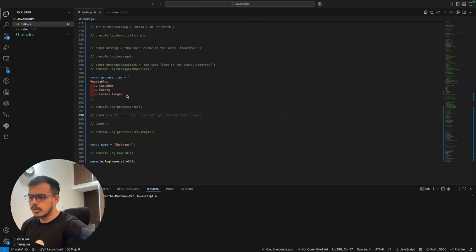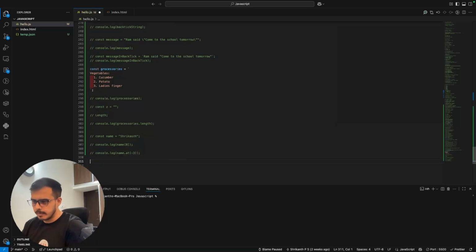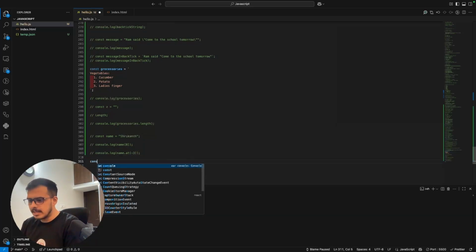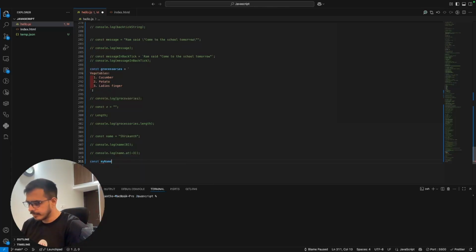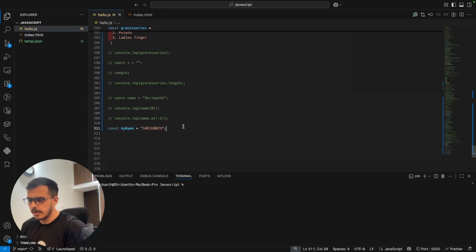Now let's go to the property of strings that is called immutability. I think I already briefly touched on this in one of the previous lectures. So if I just say const my name is going to be Shrikant, I'm just going to write this in capital so that it is very clear to you, all the characters. I hope you can see clearly. So Shrikant over here, I'll also increase the size so that it will be easier for you to read over here. Now you can just say console.log,